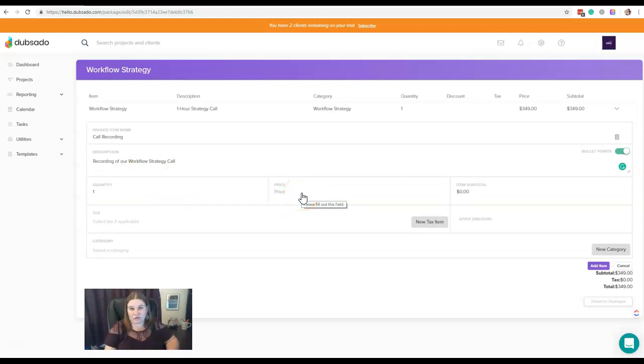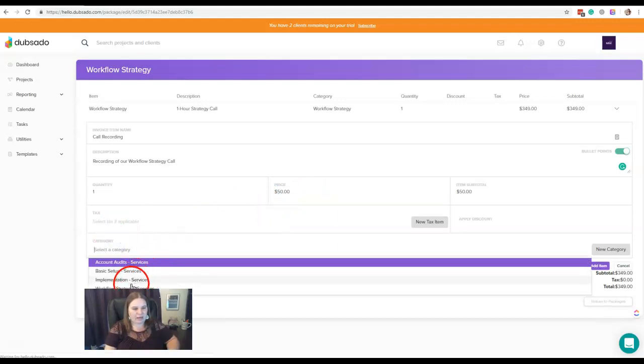If I wanted to add this as an additional charge, I could add a charge here. If I wanted this to just be a separate line item, but without an additional charge, I could just leave that as a 0, and it'll still show up on the invoice, but the price for this piece of it will be 0. So, just to show you how this works, I'm going to put that back in there, choose my category,